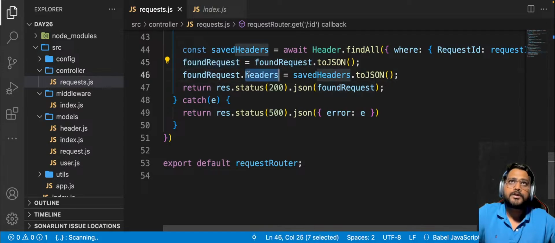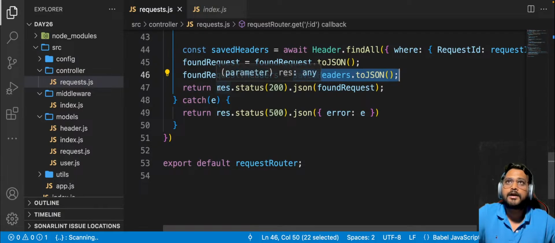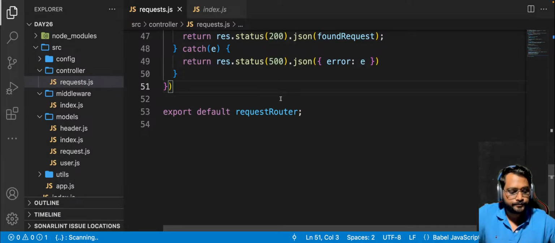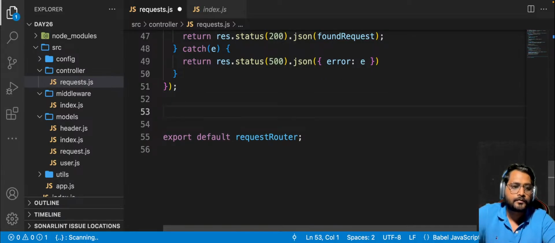Okay, inside request dot headers, we put the found headers and return it back to the client. Okay, understood? Okay,